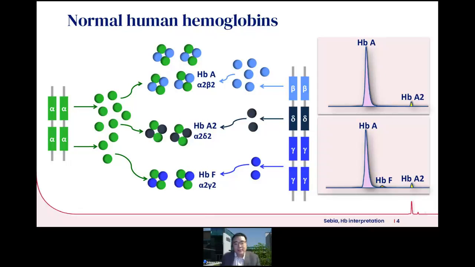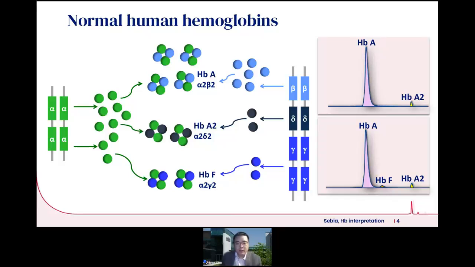So now let us look at the normal profile for the human hemoglobins. I would always like to remember the different quantities of the globin chains. There are 4 alpha chains, 2 beta chains, 2 delta chains, and 4 gamma chains. So always remember that there are more alpha genes, there are actually fewer beta genes. So whenever you have a change to the beta, it will mean more. You will divide the hemoglobin beta